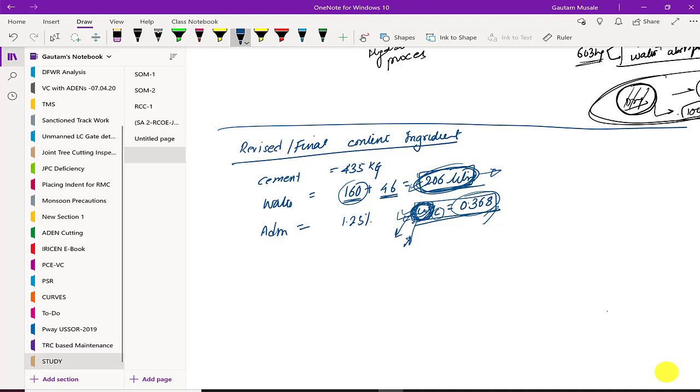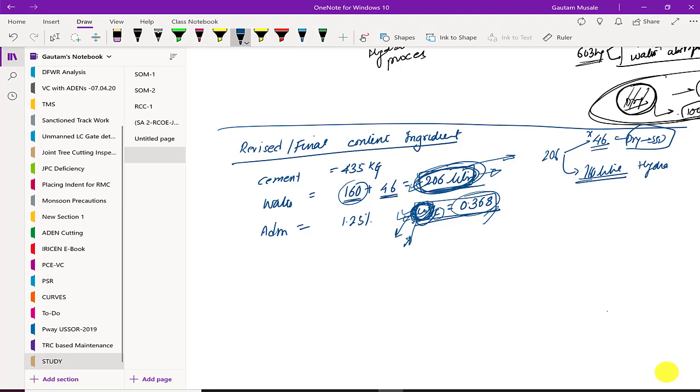See, what I have is that I have added 206 liters of water, but of these 206 liters, 46 liters is going to make my aggregate go from dry state to the SSD state. Is it going to be used for my hydration? No, so I will not use it. This 160 liters I will use for hydration, so this is going to be my W.